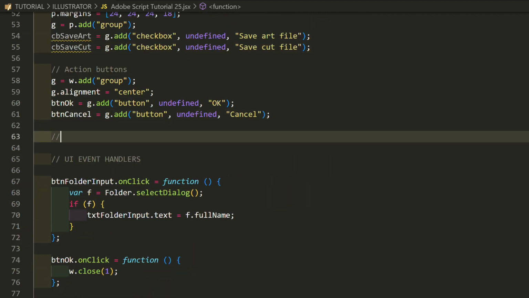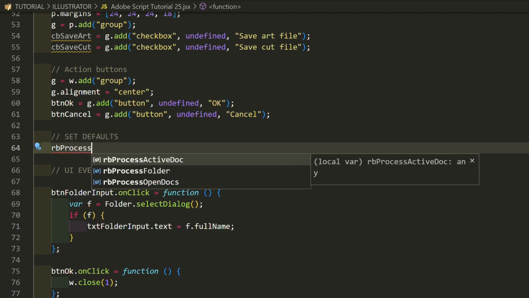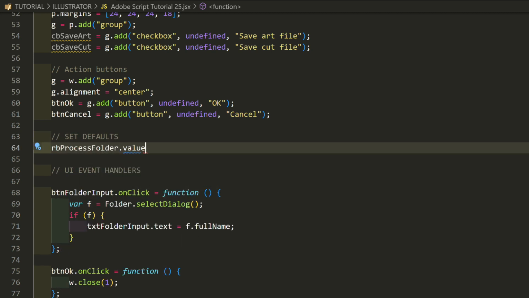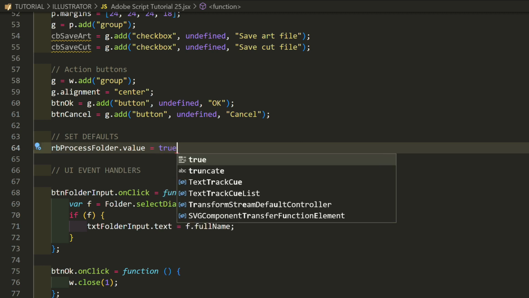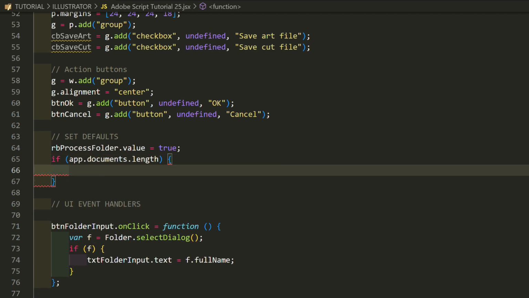Next, set the default values. RB Process Folder value equals true. Then by default, the option to process a folder is selected. But then check if a document is open. If App, Documents, Length. If true, select Active Document instead.